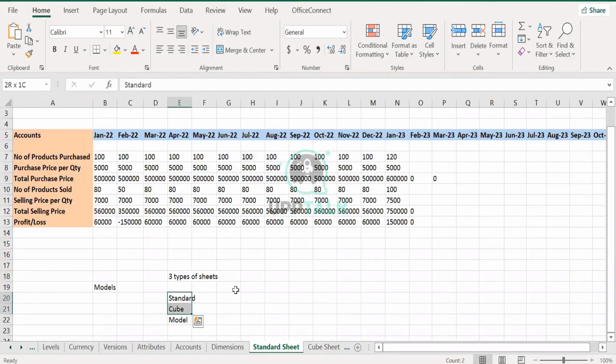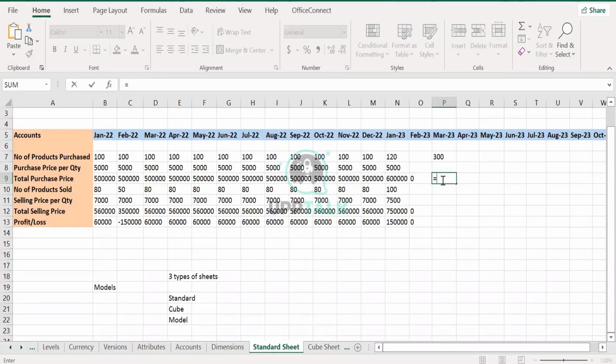I will give you a simple example to understand when, as an implementer, you need to create a standard sheet, and when, as an implementer, you think that this particular requirement should be handled by a cube sheet. This is the focus for today. Basically, what you see on the screen is called a sheet in Adaptive. Why is it called that? Because it is allowing you to view the data, it is allowing you to enter the data as well, right? You are able to enter and you are able to perform certain kinds of calculations also, right? You're doing everything here.